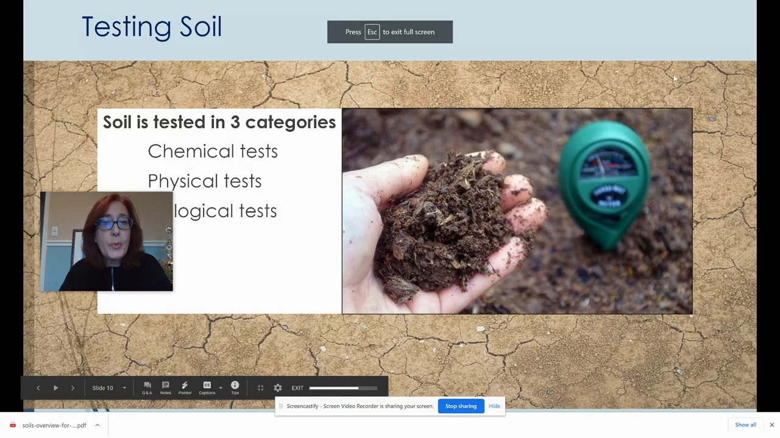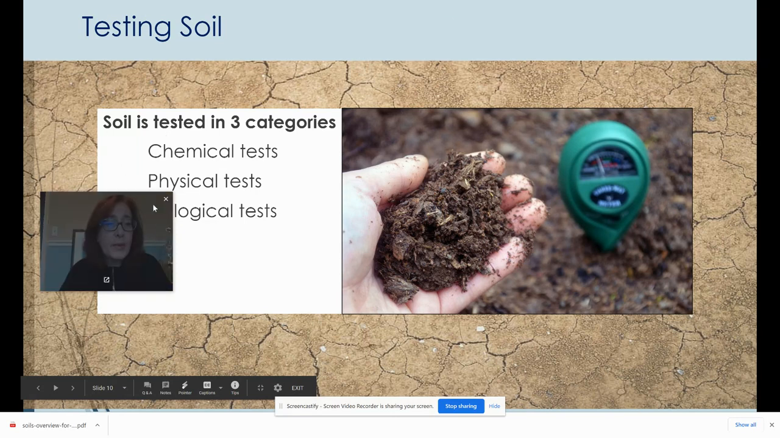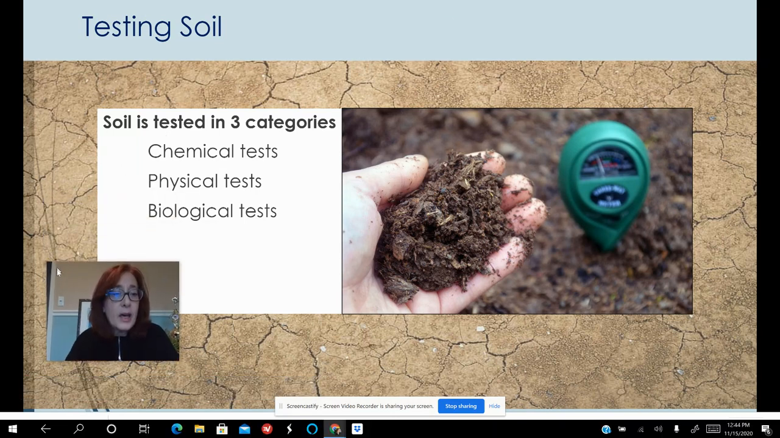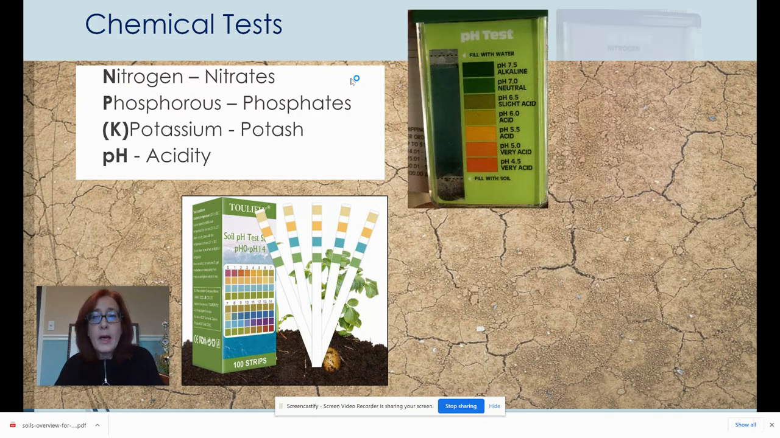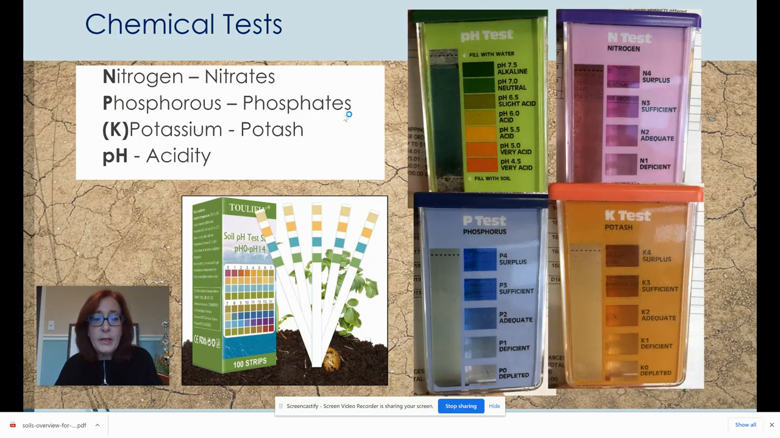Hi, so this is 4.3, and we're talking about the different tests that we can do to soil. These are chemical, physical, and biological tests. So we're just going to quickly talk about them. I talked about this a little bit in the last video, so I'm sorry for the overlap, but we do